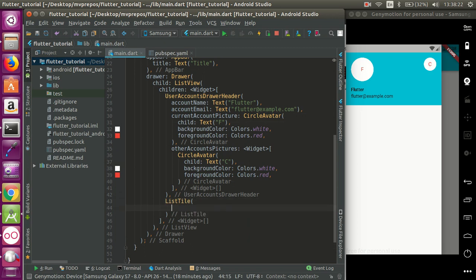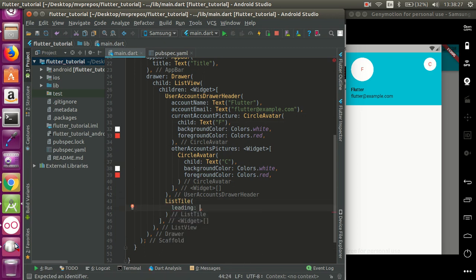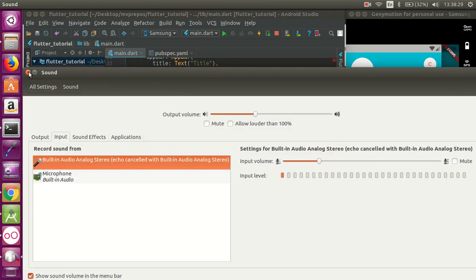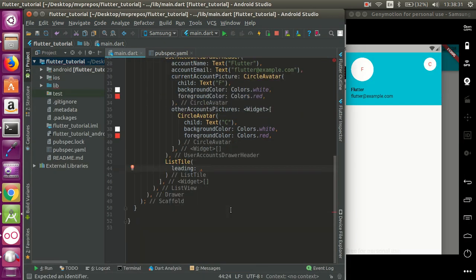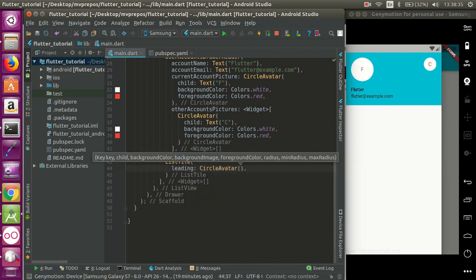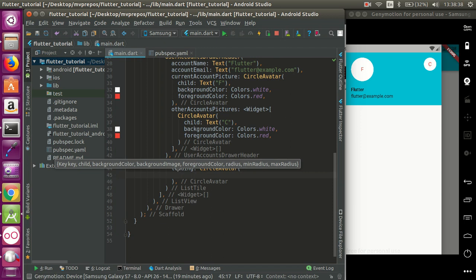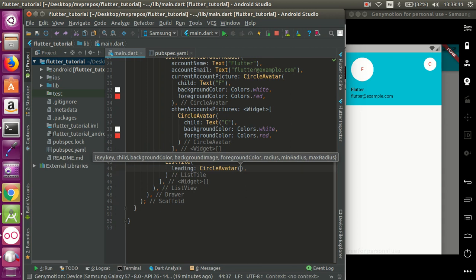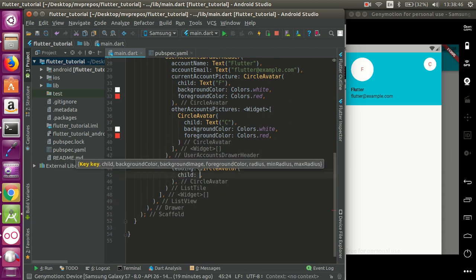List tile, leading property, leading circle avatar, or just an icon. Okay, circle avatar child